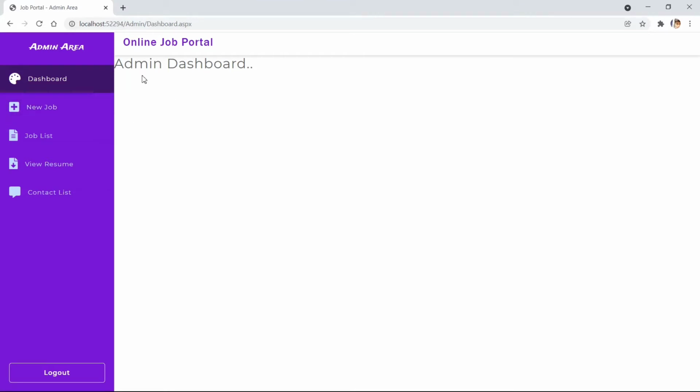We have already created a page for that, but we'll implement cards here that will display the count, the total number of data present in that particular table. Like for the user, how many users have been registered to this website, how many jobs have been added to this website, and how many users have applied for a job. That way it can be displayed here in the dashboard. So we'll see this in today's video. Okay, so let's stop this,